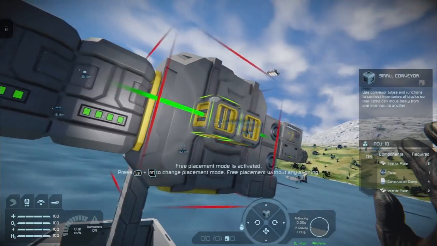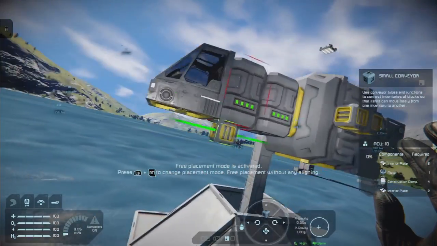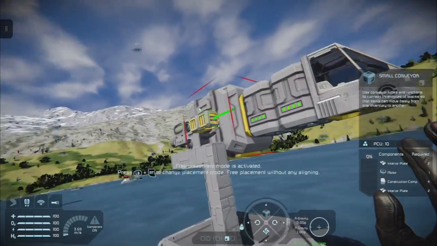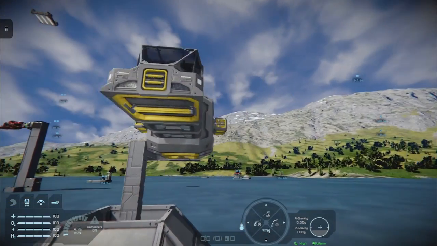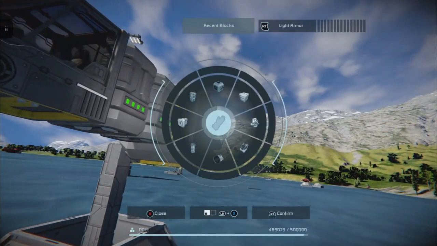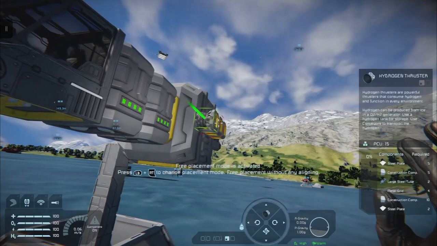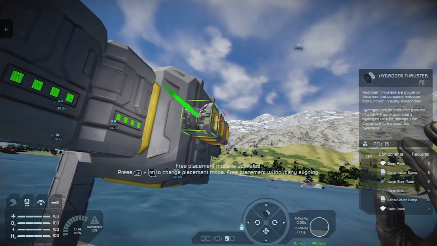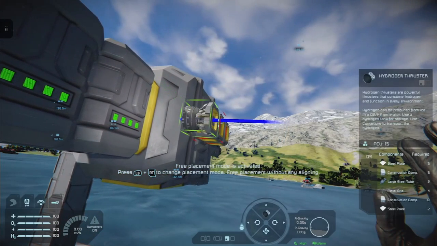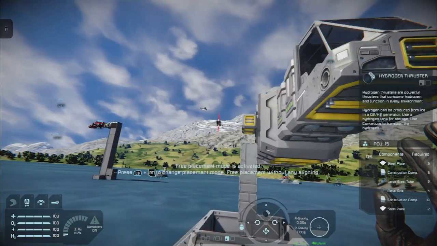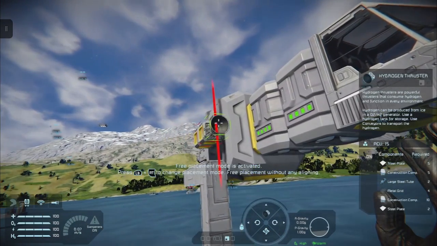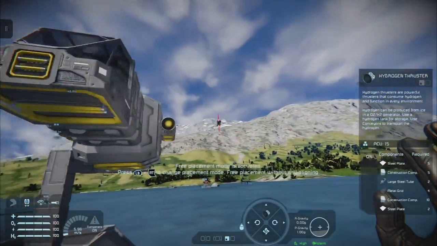So let's just put another conveyor here and another one here, and so on this we're going to want a large hydrogen thruster there and there, so that's front and back.